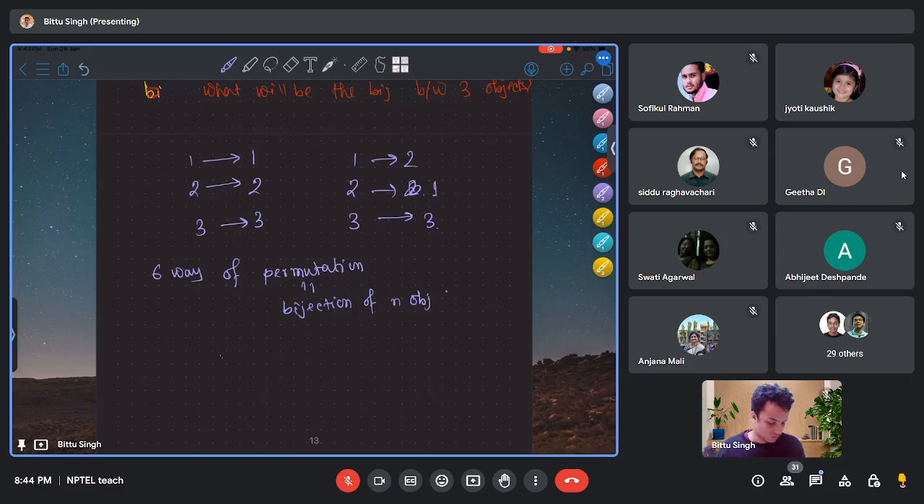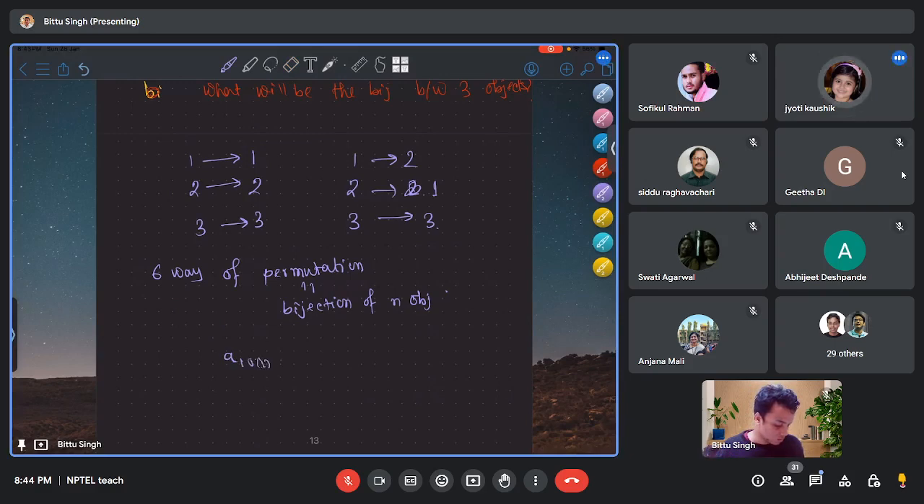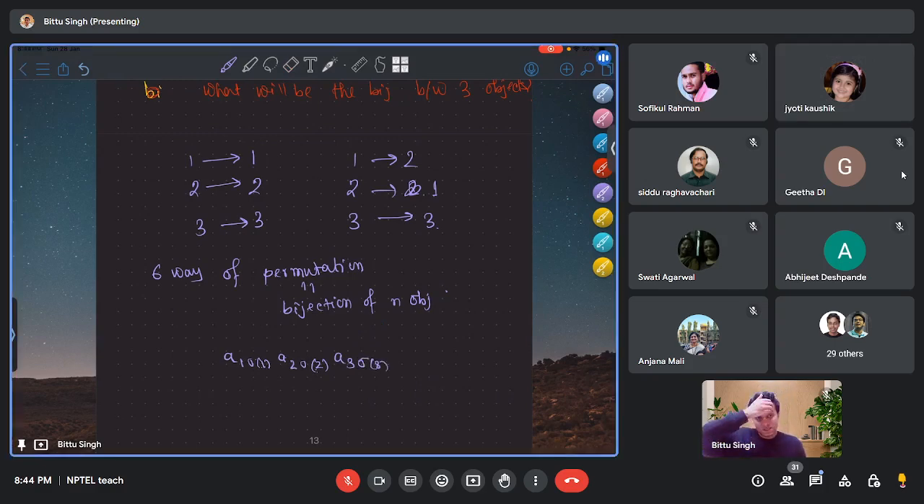For example, A1 sigma 1, A2 sigma 2, and A3 sigma 3. This is how we write the determinant. That is, take the product of all such ways and add